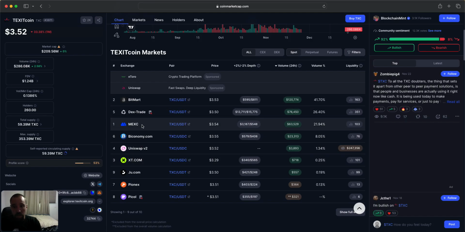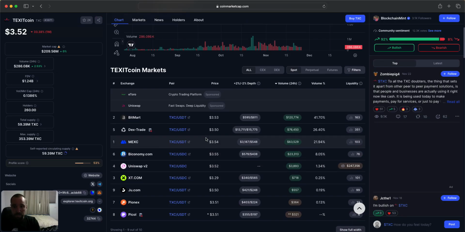not US friendly. The Uniswap one is where you get your wrapped TXC that you can move across the Ethereum network and stake and earn some. You're providing liquidity in exchange for a return. Not a bad route to go, especially if you don't want to be actively buying and selling. You can move some of your coins to a wrapped version, put them on the Uniswap market, and stake them to the Ethereum network. I can make a whole other video on that if you want for another road, but